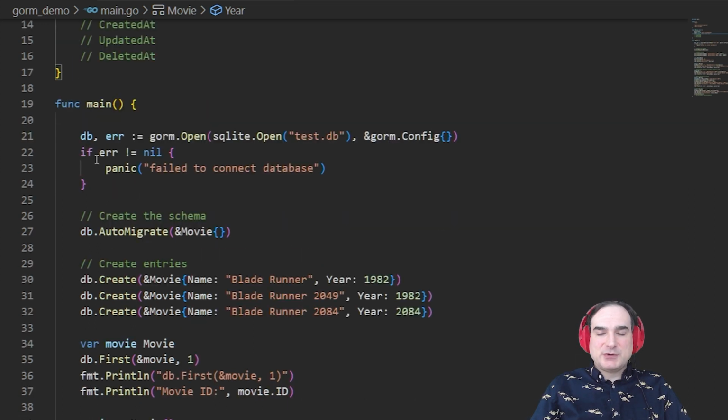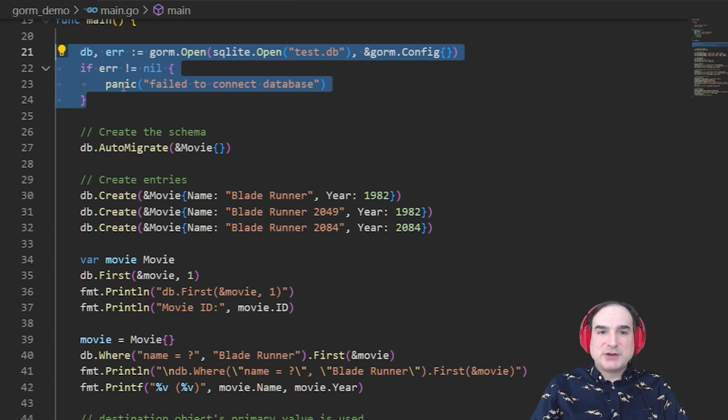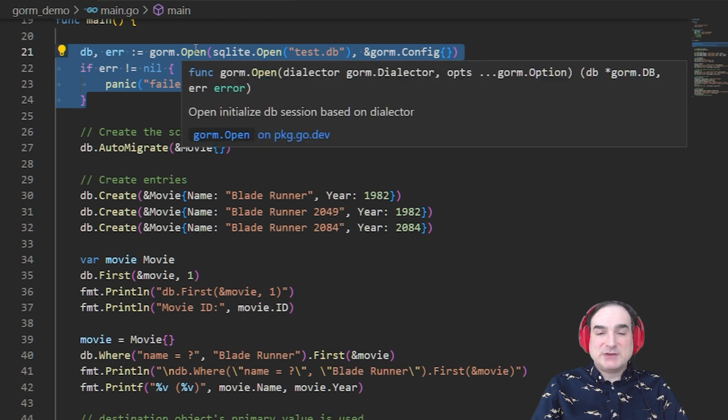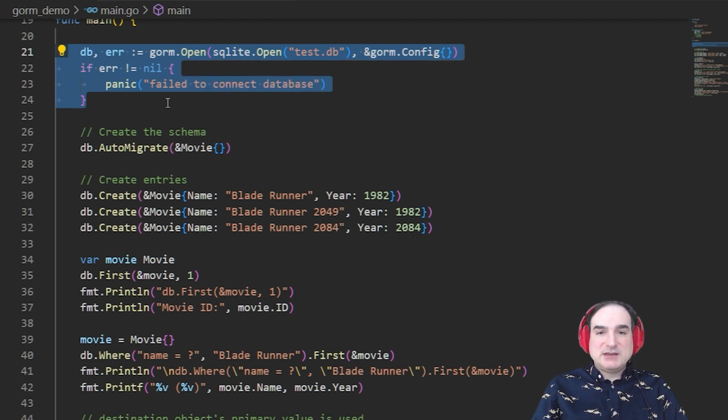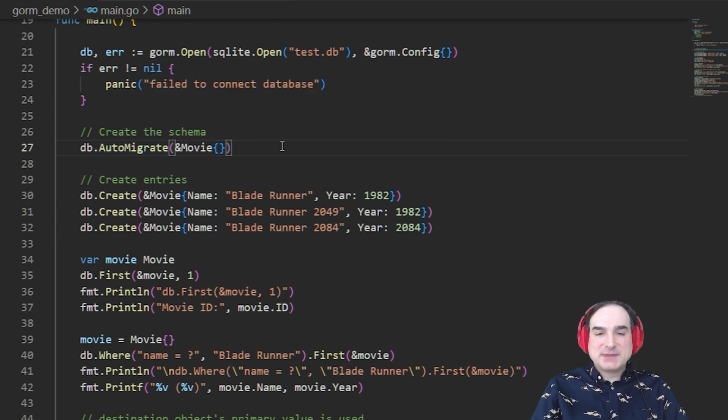Next, we come to the body of the program, where we initialize the database and create the tables inside it, and that's done through these commands: gorm.Open, which returns a database object, db, and db.AutoMigrate, where we pass in the structures that we want to either initialize or migrate from an earlier version of the same database.